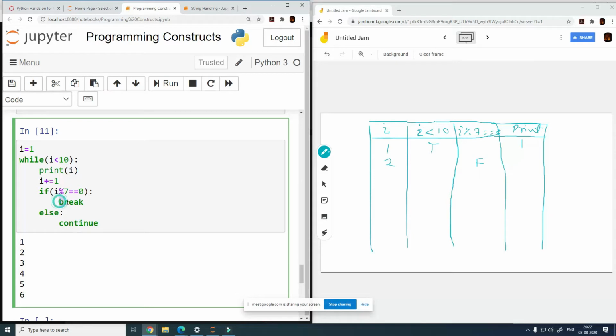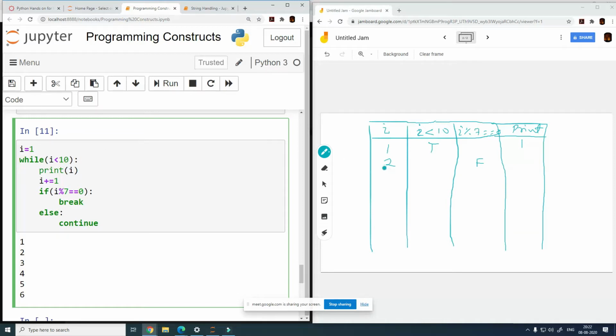We will exit the loop when this condition becomes true, right? So what is happening? My condition is false, so I will execute continue. After continue, there is no line of code, so my control will go back to while, right? Okay, check again. Is I less than 10?